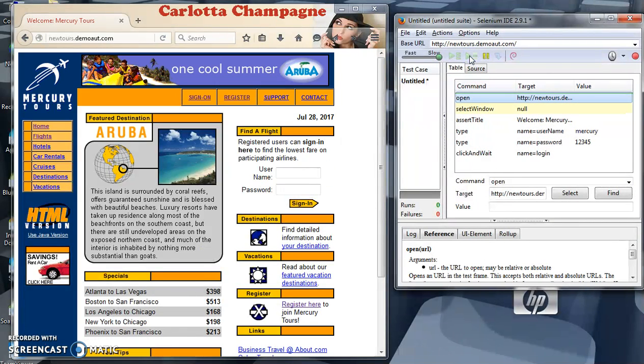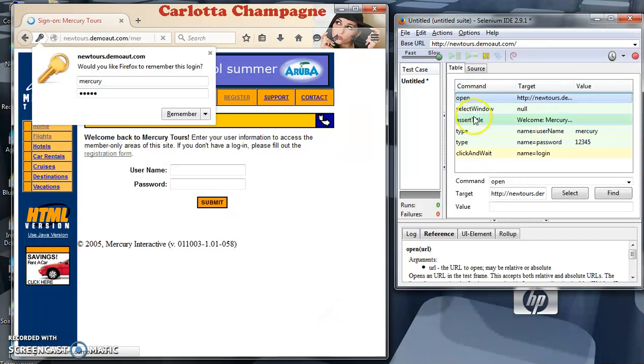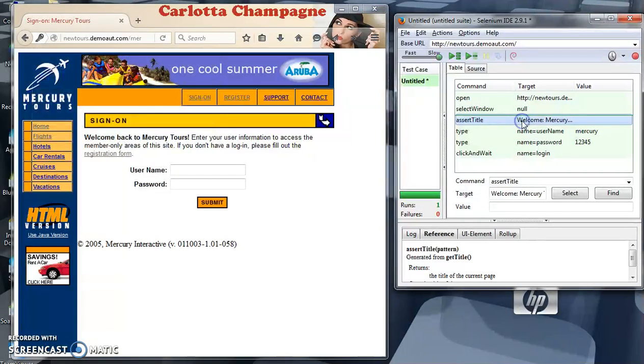Starting, the Mercury page is open and it is coming, the assert is passed. That's why it's showing a green color. Once the pass is green, the assert is verified, then the title we are getting, the title is passed, then the output is success, then the next field is coming here. Okay,